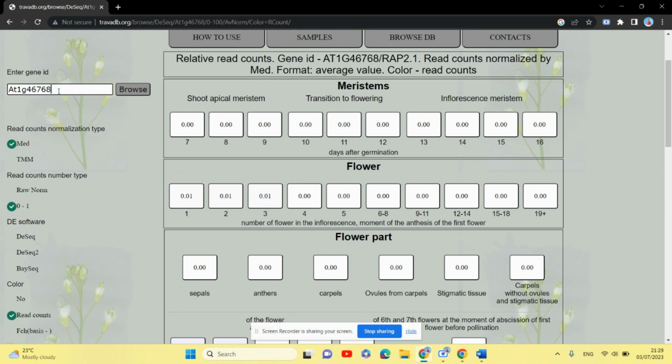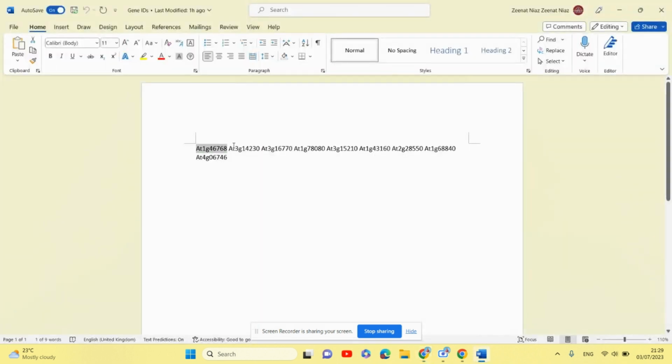If you are interested in searching a lot of gene IDs, I recommend that you search 10 to 15 genes at a time. For this purpose, I have my gene IDs and I will copy all of them. One thing is most important: the gene IDs should be separated by a space, and there should be no greater than sign as we use in the FASTA format. So I will copy them